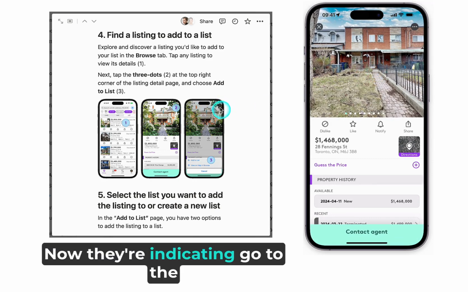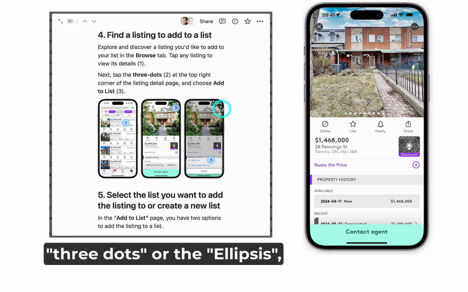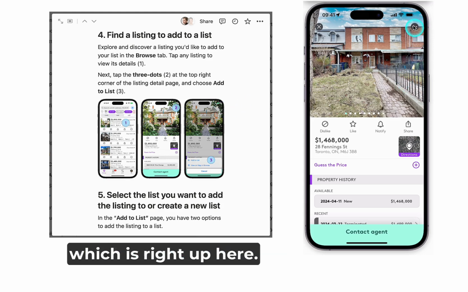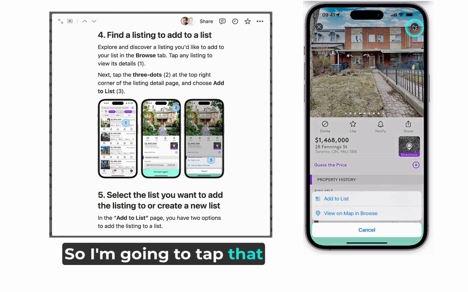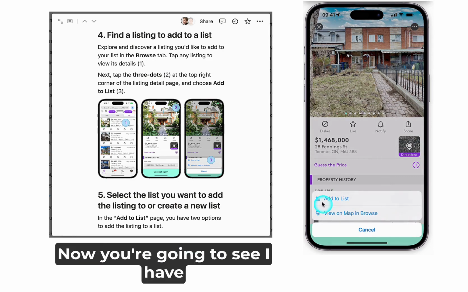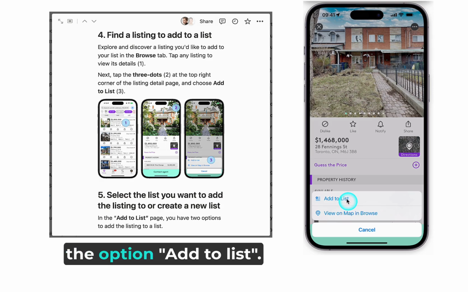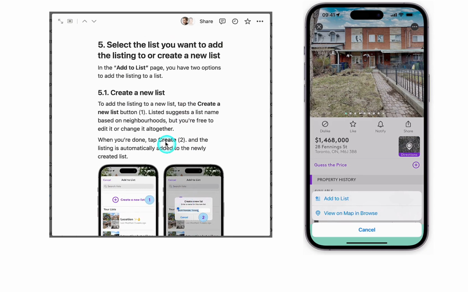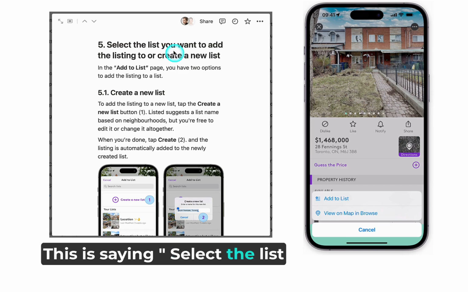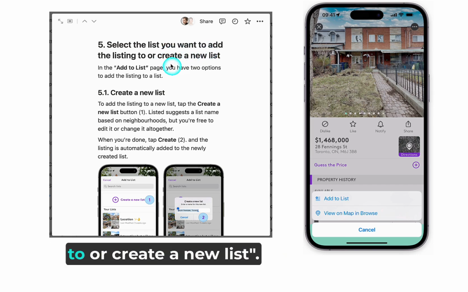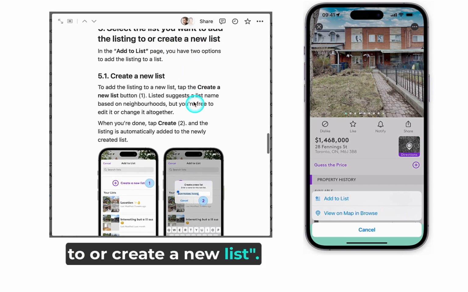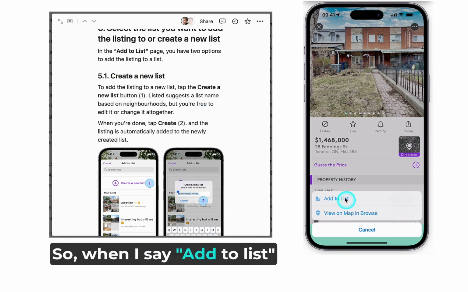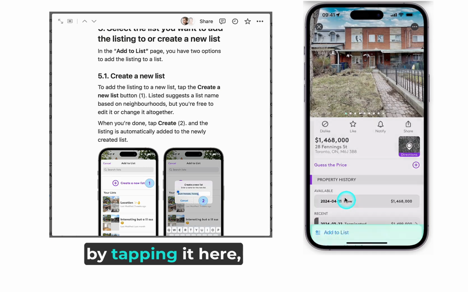Now they're indicating go to the 3 dots or the ellipsis, which is right up here. So I'm going to tap that by touching it. Now you're going to see I have the option Add to List. So let me go down here to step 5. This is saying select the list you want to add the listing to or create a new list. So when I say Add to List, by tapping it here,